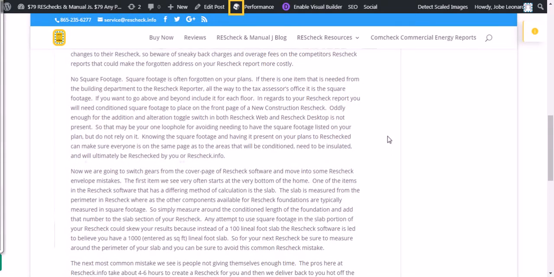No square footage. Square footage is often forgotten on your plans. If there is one item that is needed from the building department to the Rescheck reporter all the way to the tax assessor's office, it is the square footage. If you want to go above and beyond, include it for each floor. In regards to your Rescheck report, you will need conditioned square footage to place on the front page of your